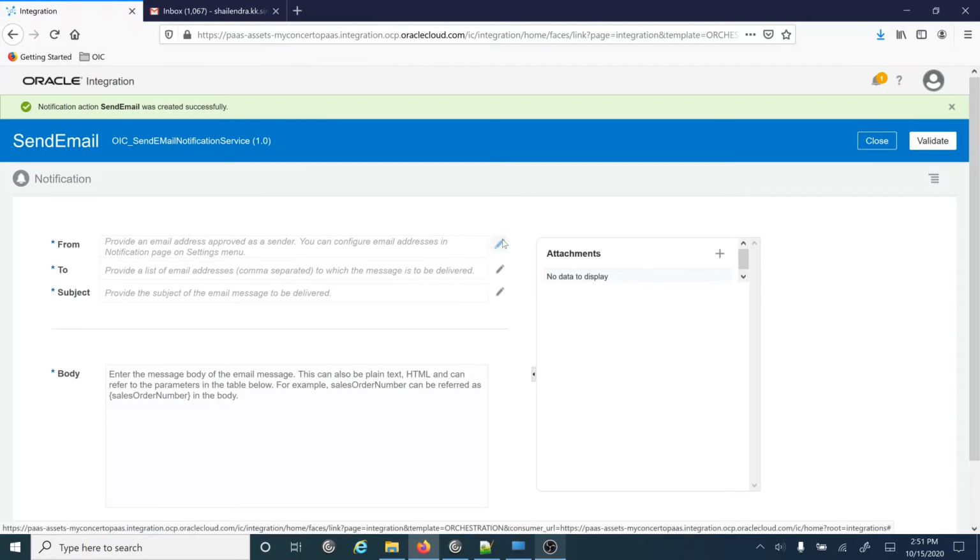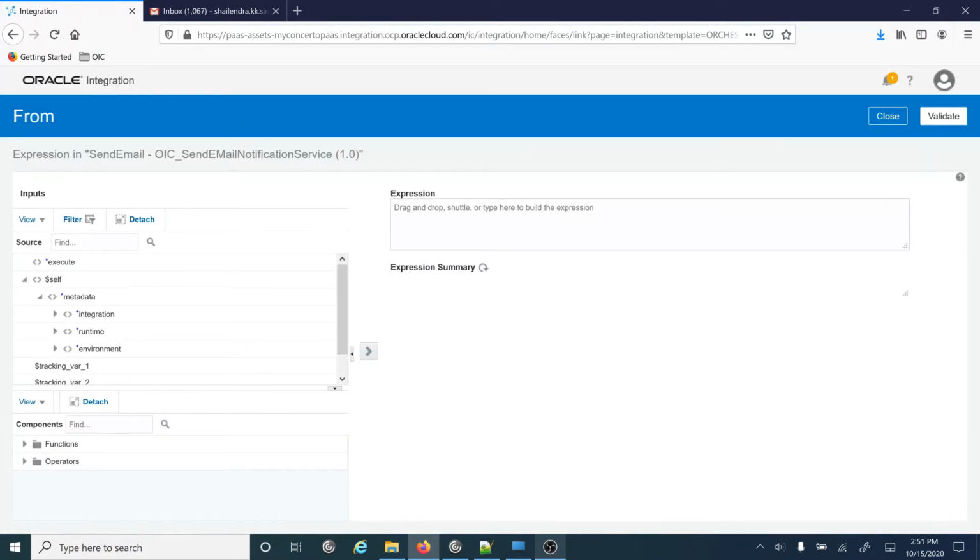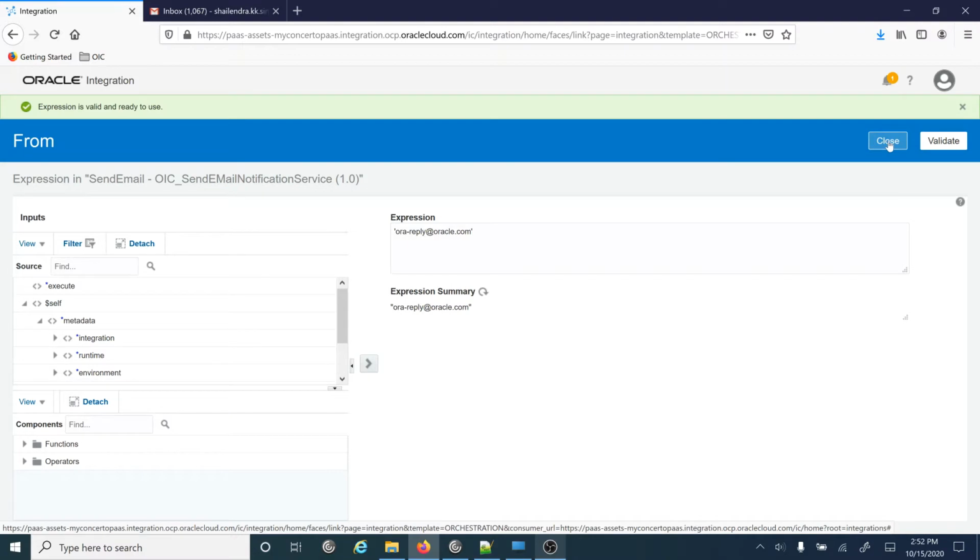Here we need to give the from email address, like in my case I will give OLA reply at oracle.com, which is the default one, and we'll click on the validate button. Now this is valid.